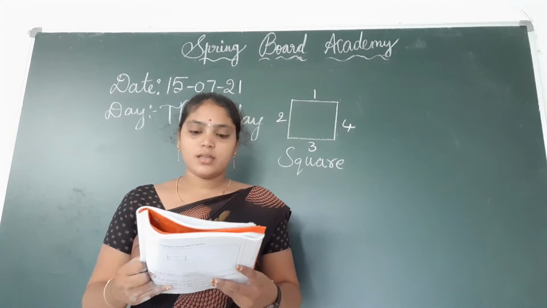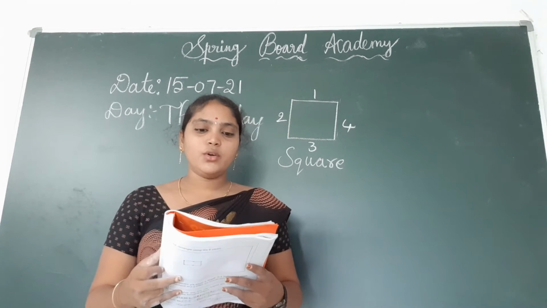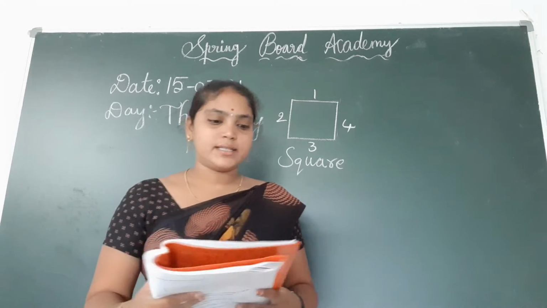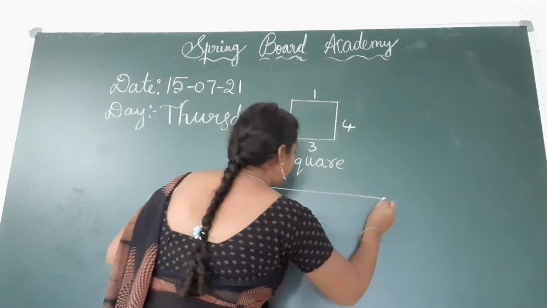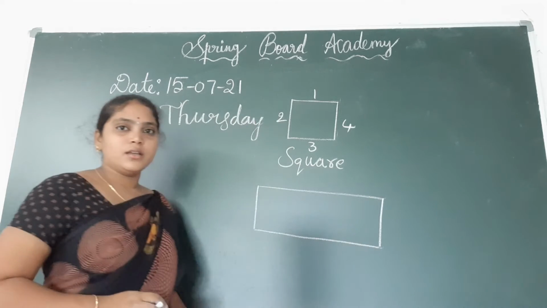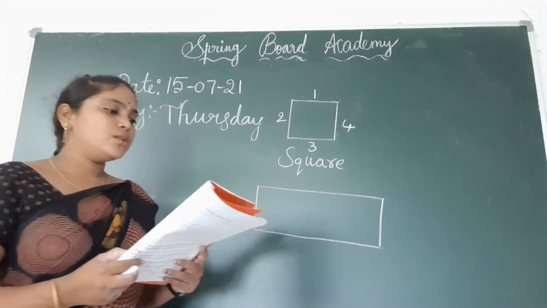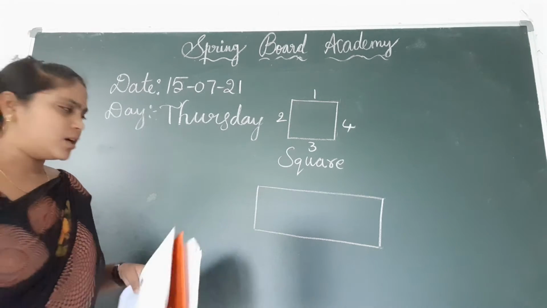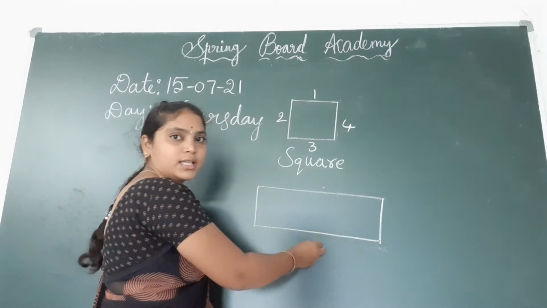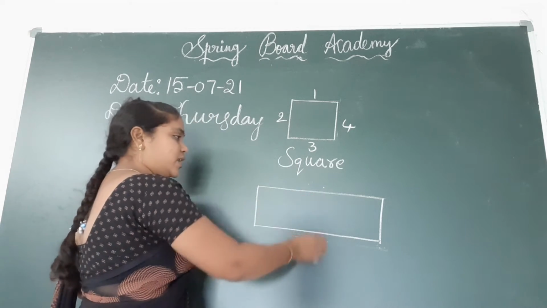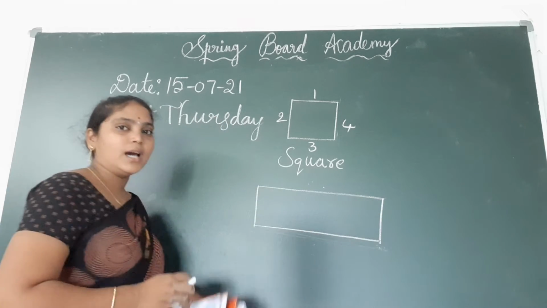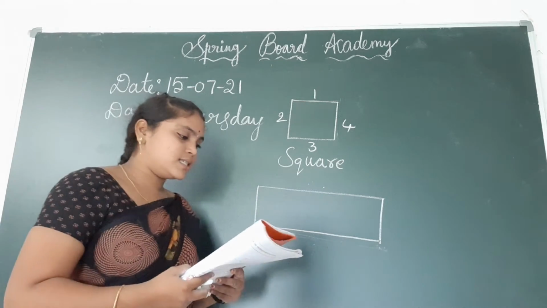Next, turn to the next page, page number 22. Look at this closed shape with 4 sides. The blue sides are longer than the red sides. Here is a shape like this. What are the blue sides here, children? Here, these are the blue sides. These two are blue sides and they are equally long, and these two are short and they are equally long. So this is a rectangle.